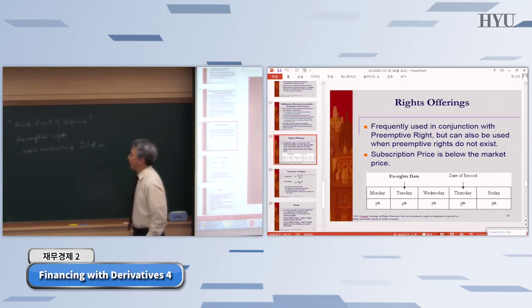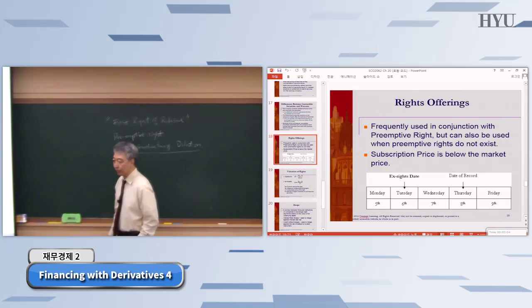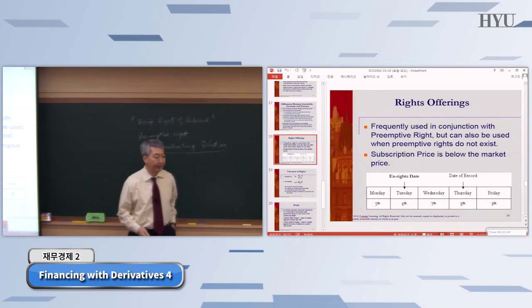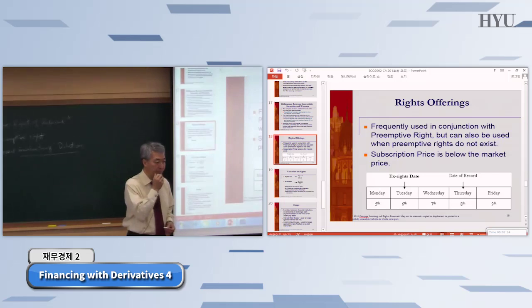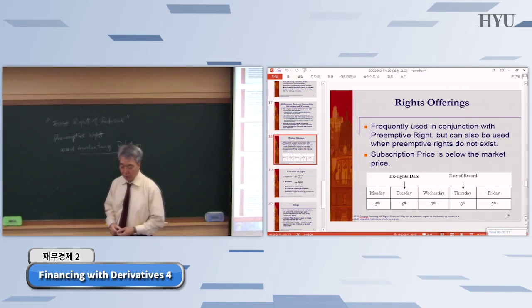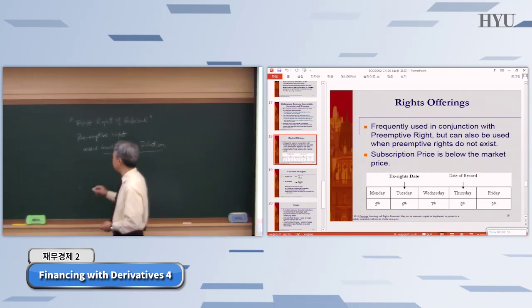Yeah? So I'm pretty sure you remember the concept of involuntary dilution, right? When a company issues additional stocks, additional shares, right? Then the ratio, the percentage of existing shares goes down, right? So EPS becomes lower, right? Because now you have more shares outstanding in the market. Okay? So when a company wants to issue new shares, in order to protect their current existing shareholders from this